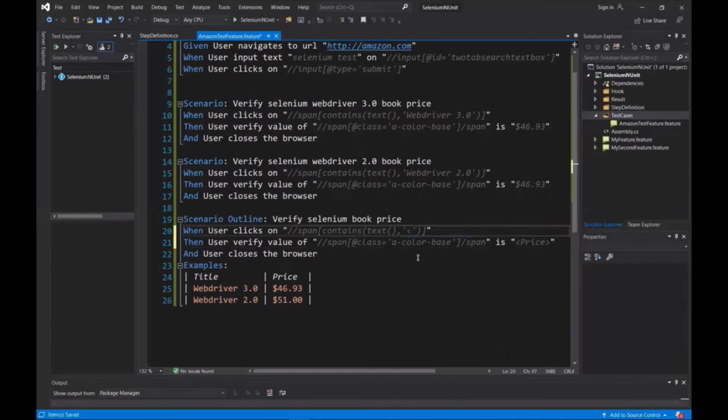Similarly, I'll pass the test parameter for the book title as well. When the scenario executes, these parameters will be replaced with their values from the Examples section based on the execution row. Execution will run for the first row first, and then for the second row, and so on.